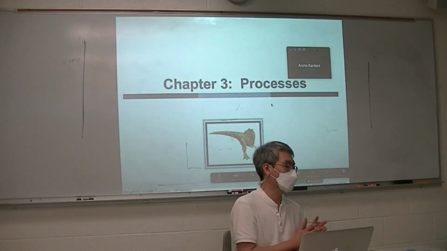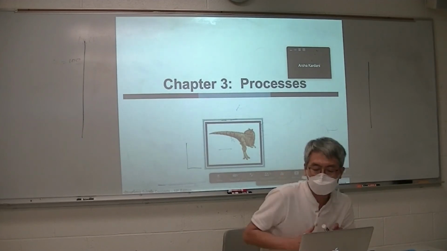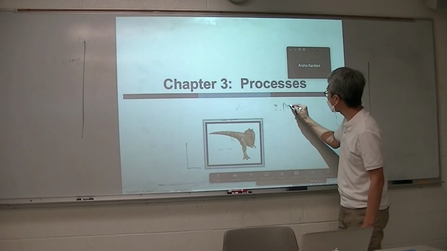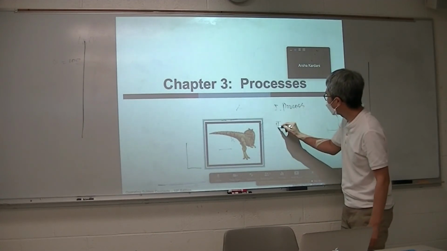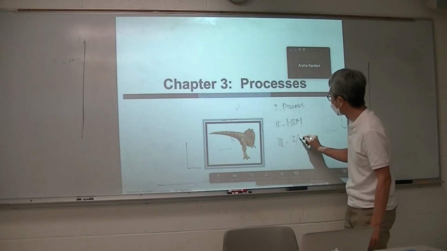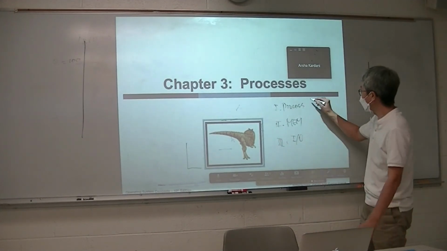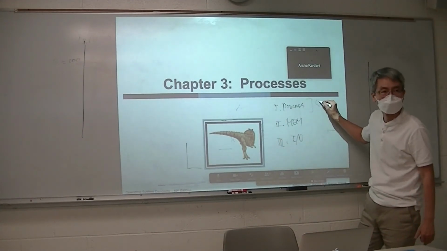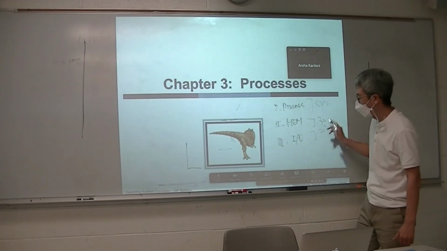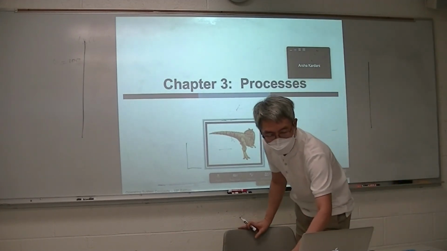So, process management. From now on, we are going to cover 3 major parts. One is process management, second, memory, third, I/O. These are the most important parts of our operating system. I think that this one is half of the semester, and the other 30%, 20%, like this. Okay, to start the process management.